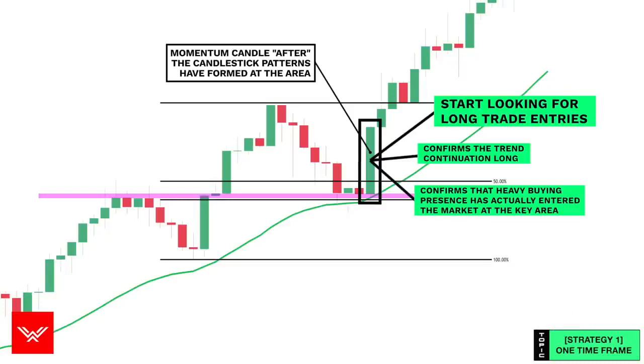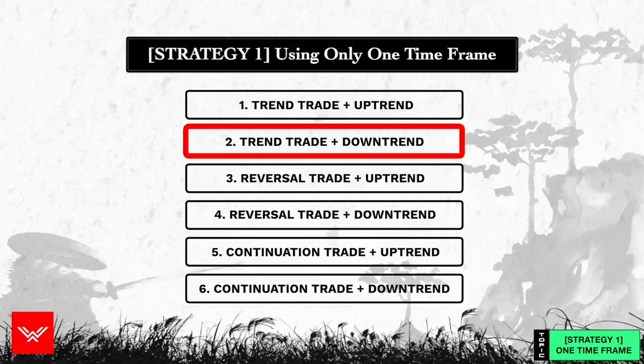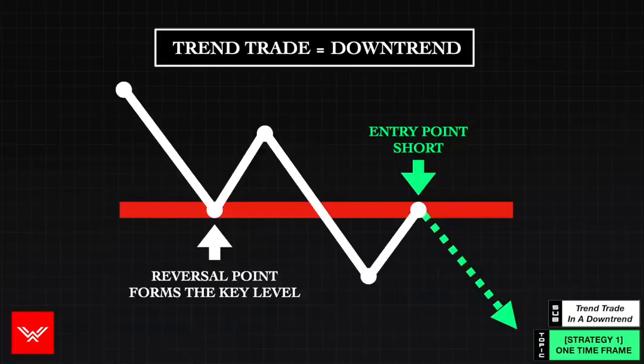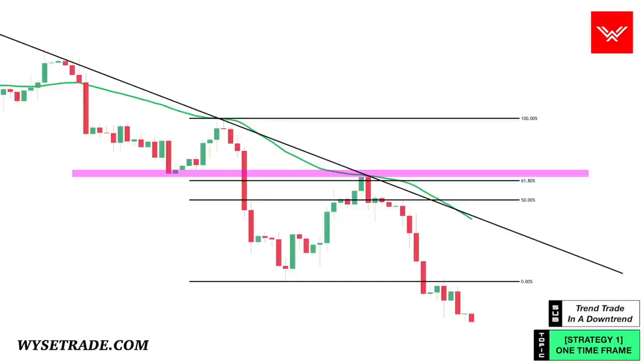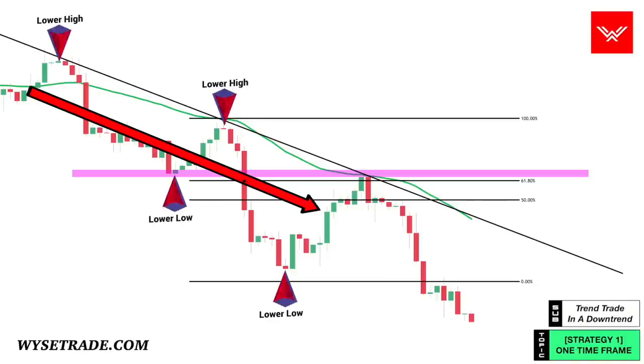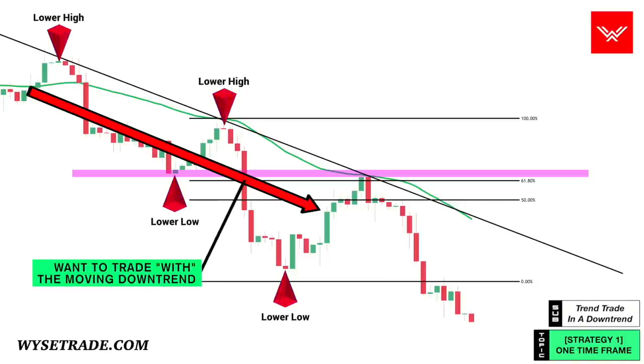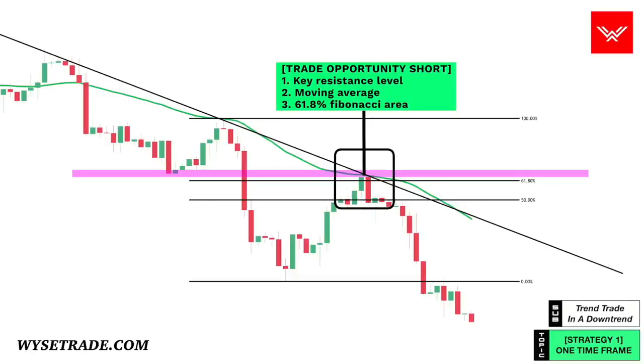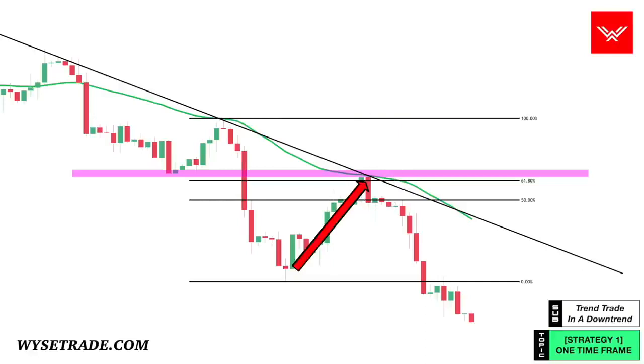So going in the opposite direction, a trend trade in a downtrend. Here is the anatomy of the variation. Now on the charts, clear moving downtrend through the lower highs and lower lows. This here is your area of confluence and where the trade opportunity presented itself. As price came back up to this level,